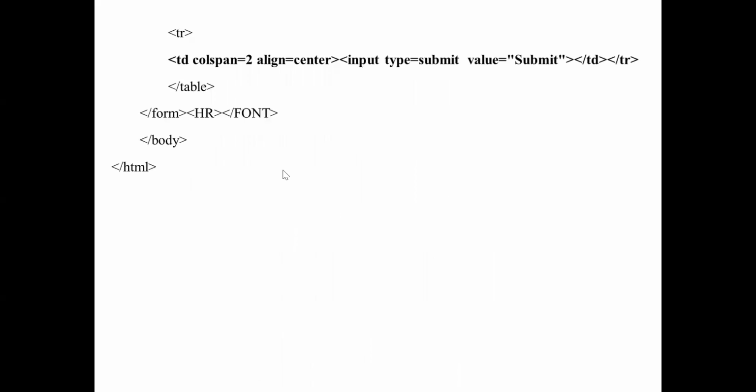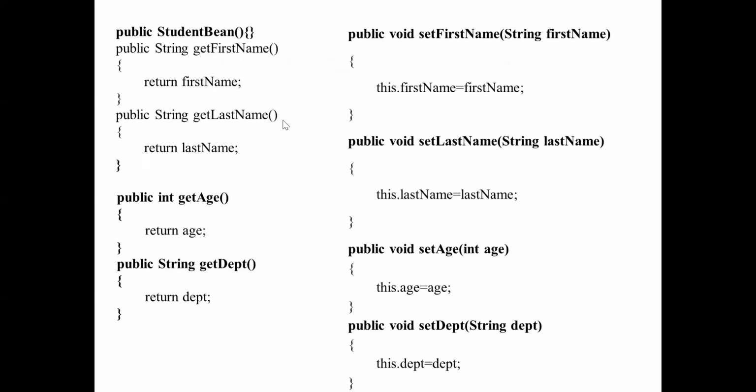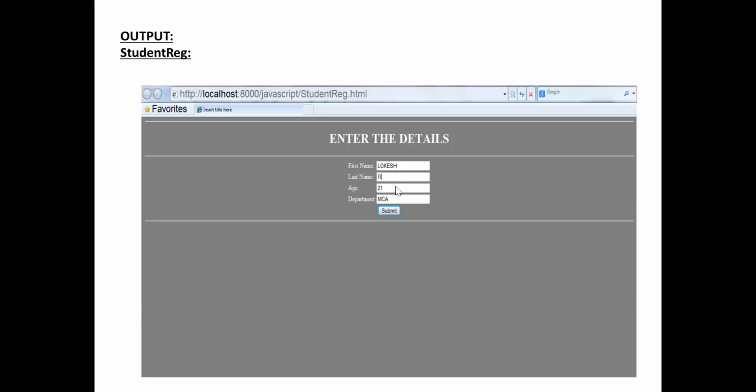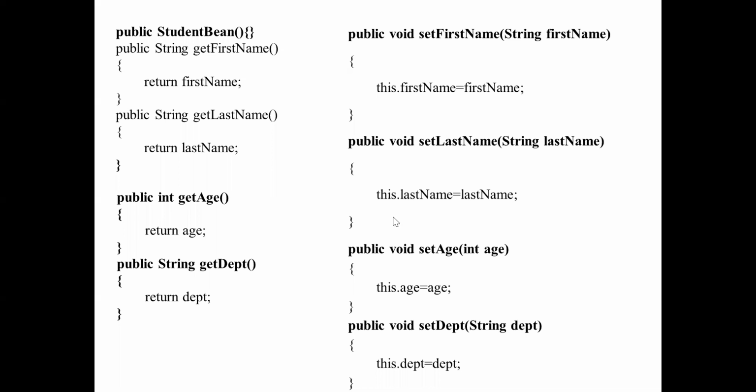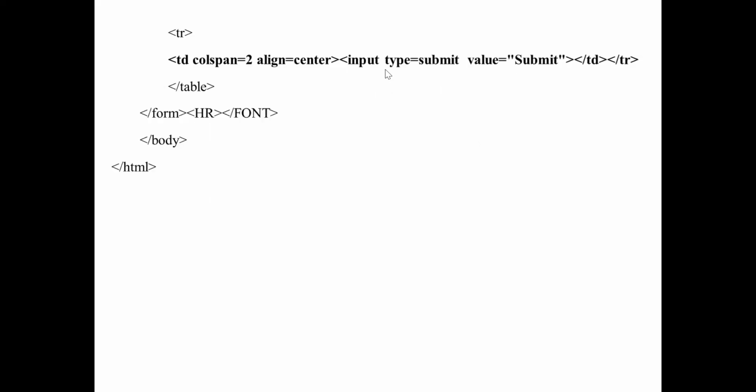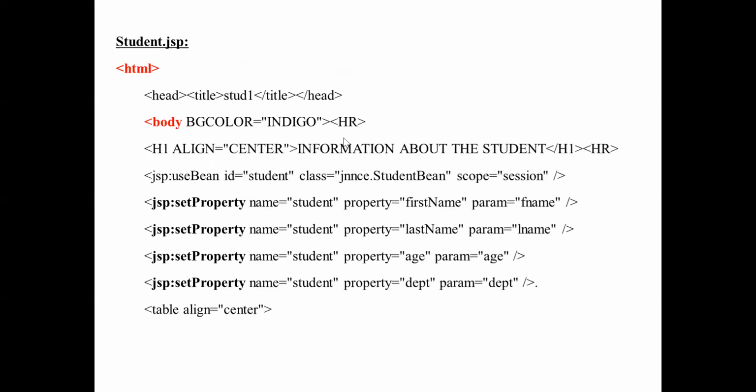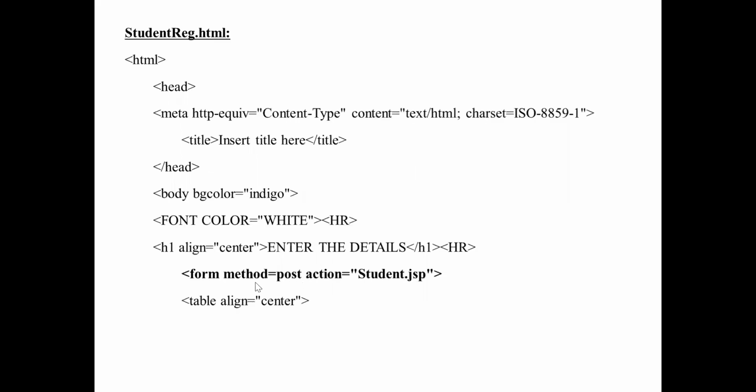And I can take two buttons, the submit button. Submit button is only one submit button. I can take two columns, because you can see there is a diagram. There is a submit, and 1, 2, 3, 4 text. 1, 2, 3, 4 is the label. So we should enter and submit. So I can take a submit button, value is submit and type is submit, and it will align as center. Then you can see the form action method, that is student.jsp.